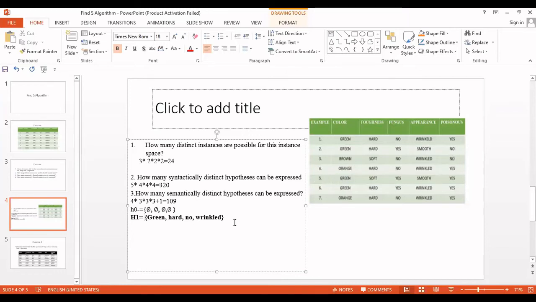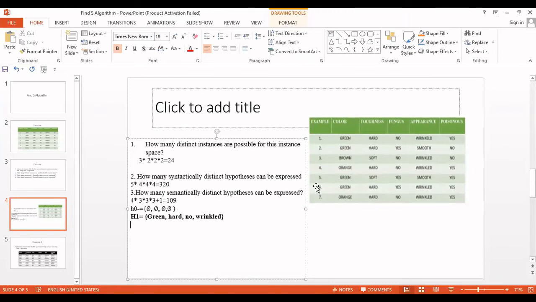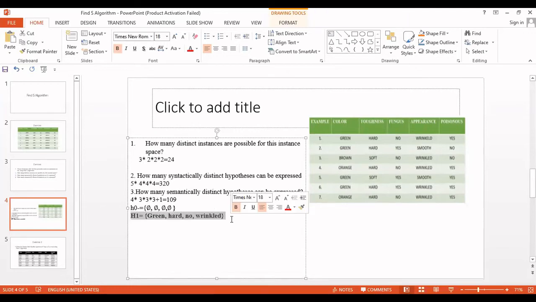Now let us consider the fourth example. When you consider the fourth example, the first field is orange. But here in H1, H2 will also be the same because there is no change. Then H3 will also be the same. Okay, don't write H1 only. Whenever you consider one example, you have to write the next hypothesis. So H1, H2, H3, because we considered 3 examples.